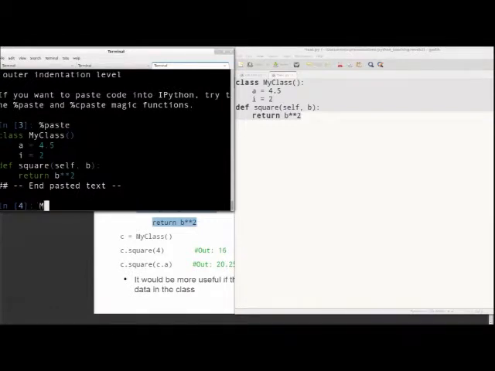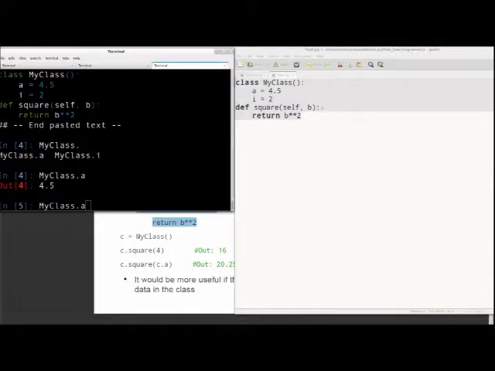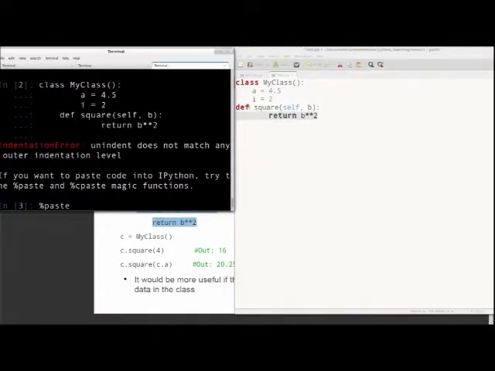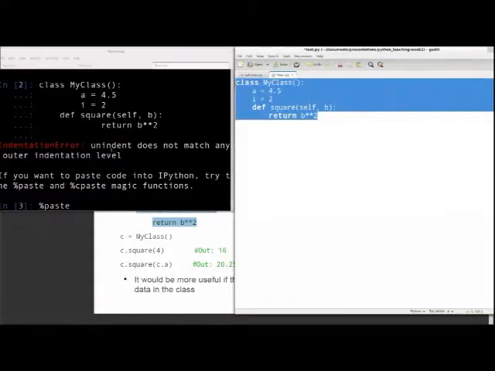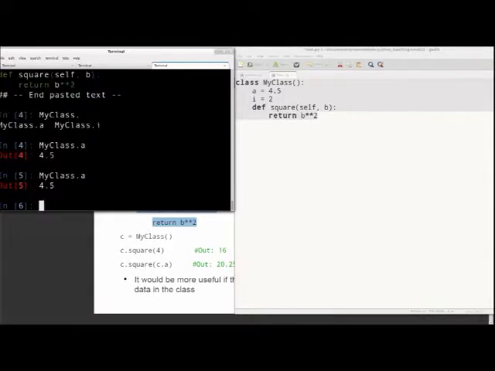Okay, brilliant. So my class dot A. Oh, I see. Sorry. So yeah, this is why beyond a certain size you should certainly work with a notepad and actually run that, because copying and pasting it is not easy to do. But